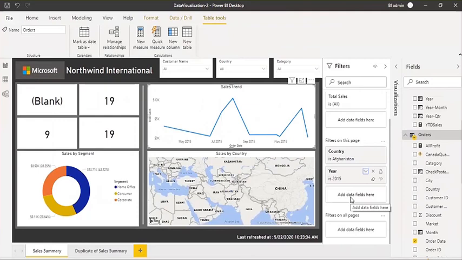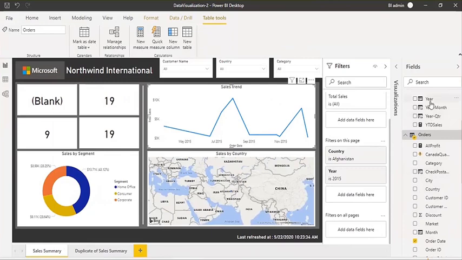In the same way, if you have some situation where you have 10 pages and on each page you want to display the data of 2015 only. Many times you want to do something like that, where on each page current year data should be displayed only. So instead of applying it on each visual or on each page, it's better to apply it at the report level. It means apply it on all pages. So that filter you can add here.